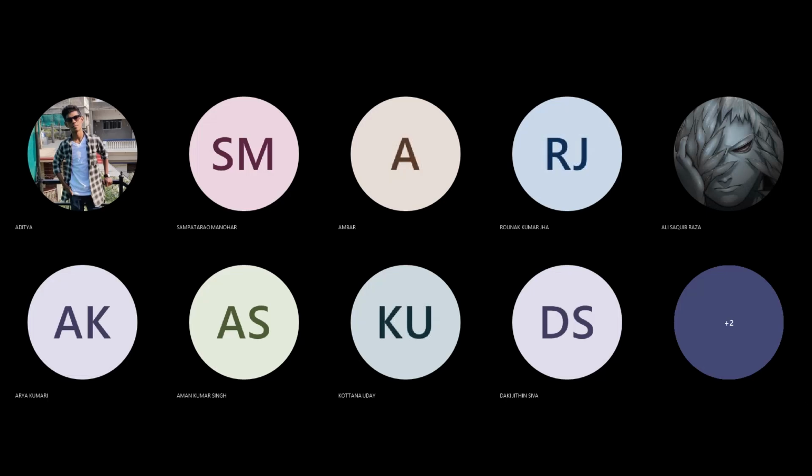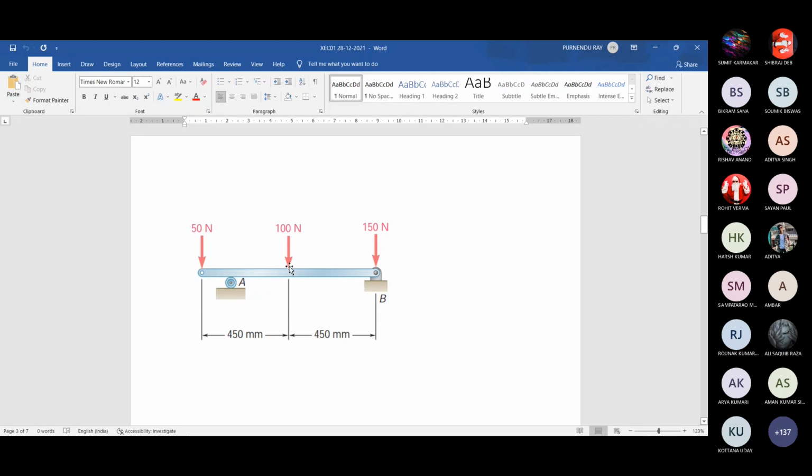Directly eliminating RB, only two action forces, 50 Newton and 100 Newton, with the given distances of 900 millimeter and 450 millimeter. And what about this? This must be given the direction. So if it is 300 millimeter from this location or 150 millimeter from this end, then it will be 750 millimeter from this end. So that 750 multiplied by RA sense will be clockwise, 100 multiplied by 450 sense will be anticlockwise, 50 multiplied by 900 sense will be anticlockwise.